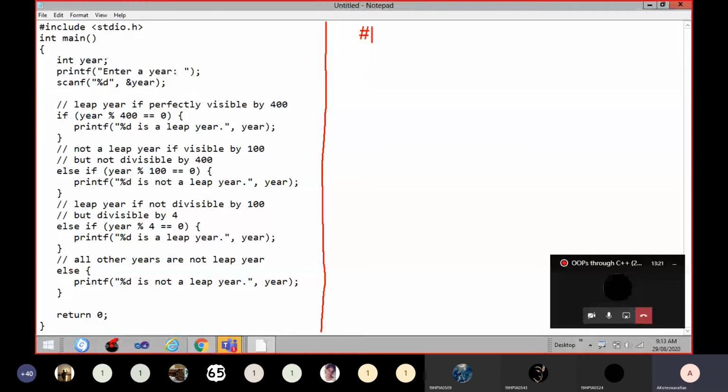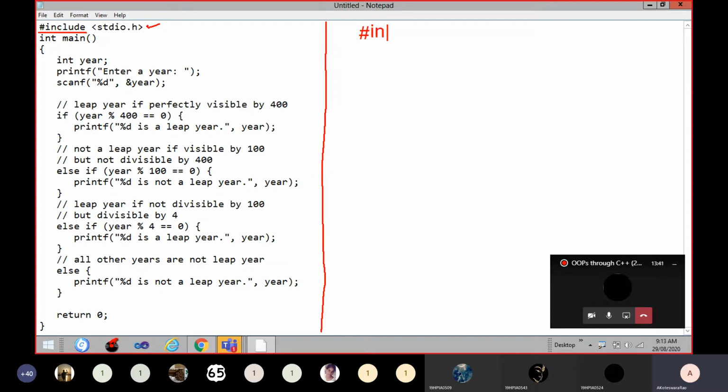First, preprocessor directive. Here we are using hash include stdio.h. Yes, hash include is a preprocessor command. Okay, like in C, in C++ also we are doing the same thing.